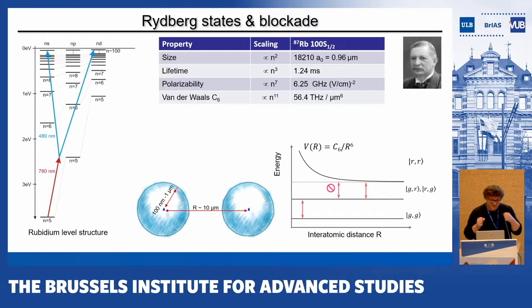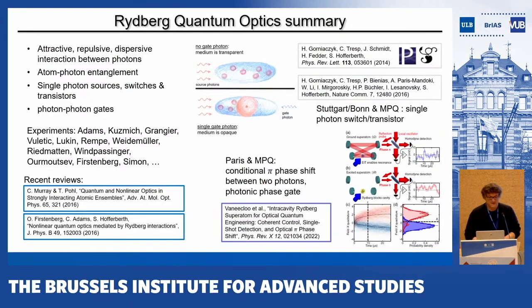use this not just between two atoms, as is also now a hot topic in quantum simulation and computation, but in these large ensembles, where then one photon that is absorbed and then lifted to this Rydberg state suddenly can blockade a whole large ensemble of atoms, thousands of atoms, and this is then felt by other photons. And this kind of mapping of interaction between two atoms onto two photons has turned into this field of Rydberg